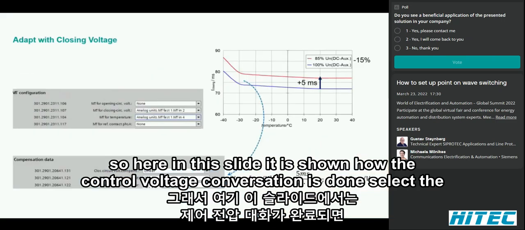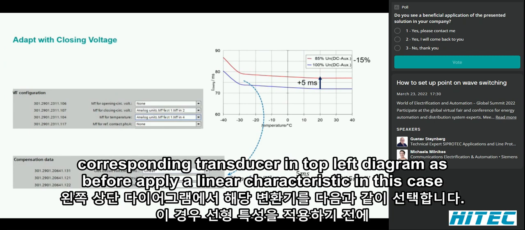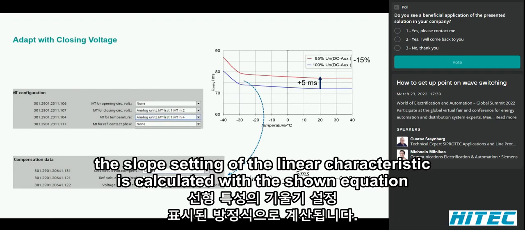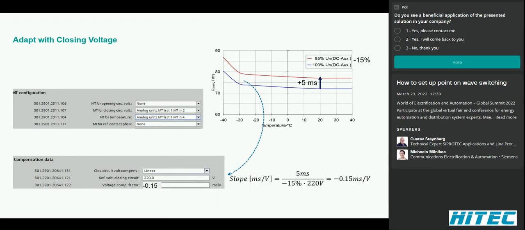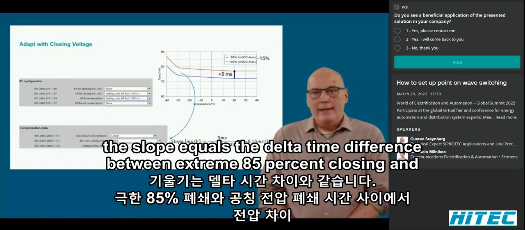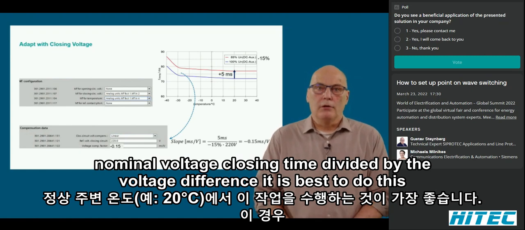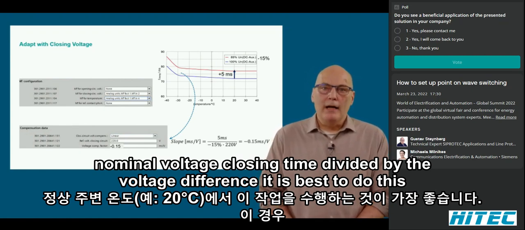So here in this slide, it is shown how the control voltage compensation is done. Select the corresponding transducer in top left diagram as before. Apply a linear characteristic in this case. The slope setting of the linear characteristic is calculated with the shown equation. The slope equals the delta time difference between extreme 85% closing and nominal voltage closing time divided by the voltage